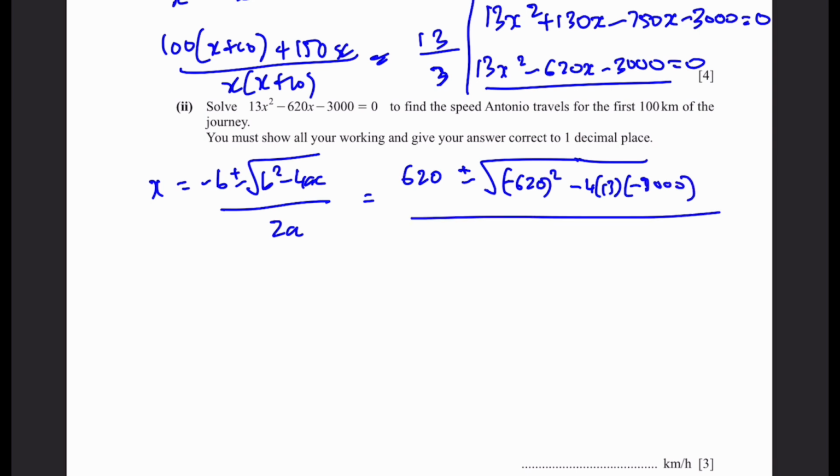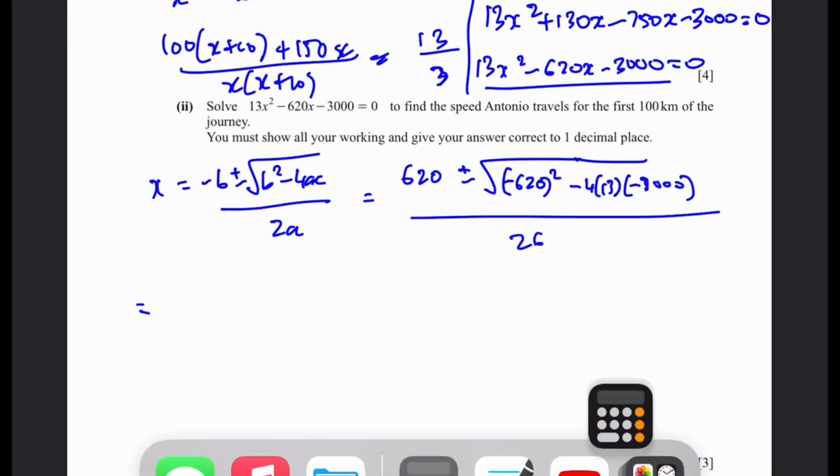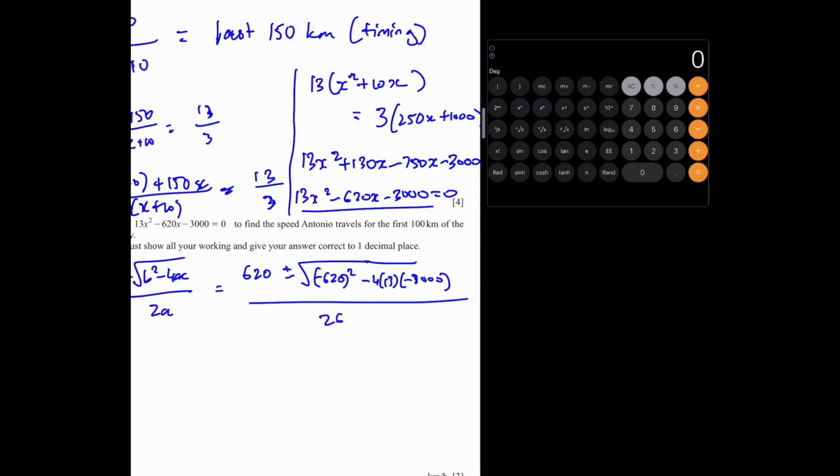And dividing by 2 times 13, or 26. Now we can evaluate the square root using a calculator. Here we go. 620 squared is the same thing as negative 620 squared, but as you can see, it's still positive. And then minus and minus over here will cancel out when you multiply, so plus 4 times 13 times 3000. You get this, 540,